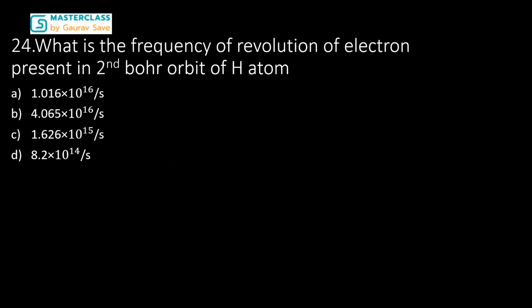Next, what is the frequency of revolution for an electron present in second orbit of hydrogen? Guys, what is the meaning of frequency of revolution? So number of revolutions a particle takes inside an orbit is called as frequency of revolution. So this is the orbit and this is an electron. So number of revolutions it is taking per second is called as frequency. The formula for frequency becomes velocity divided by 2 pi r, circumference.